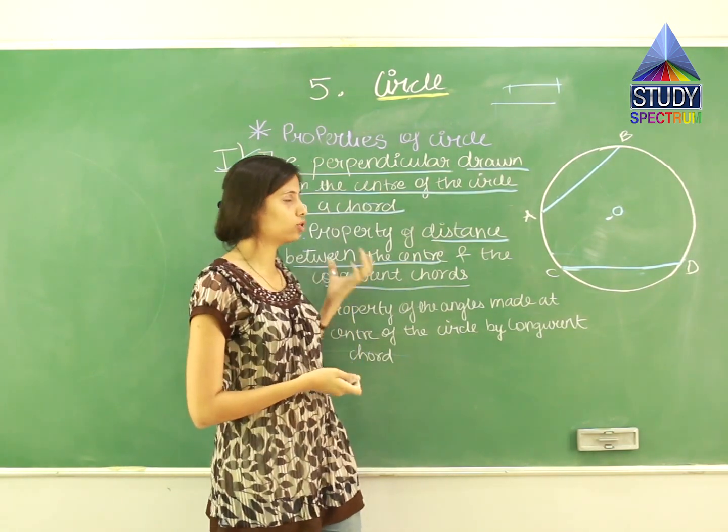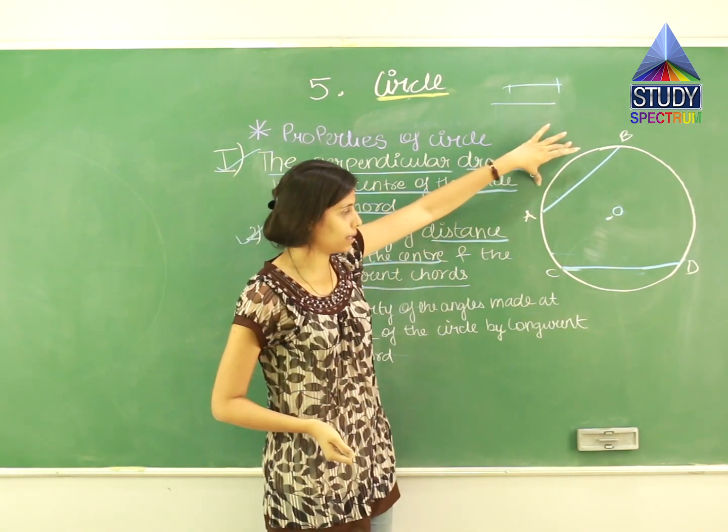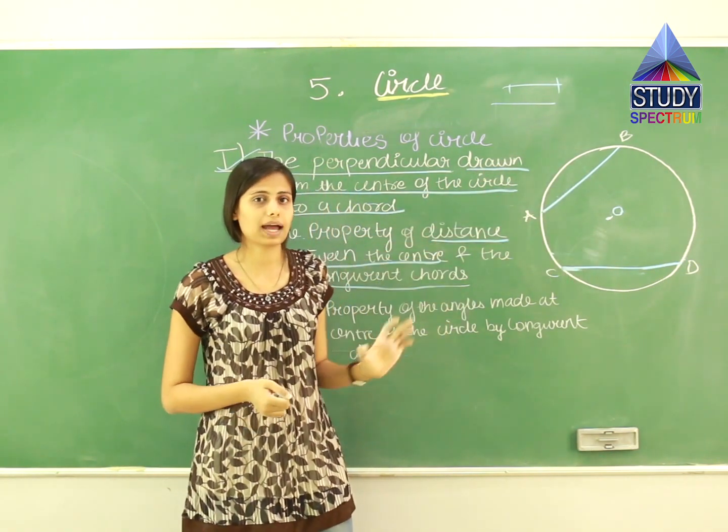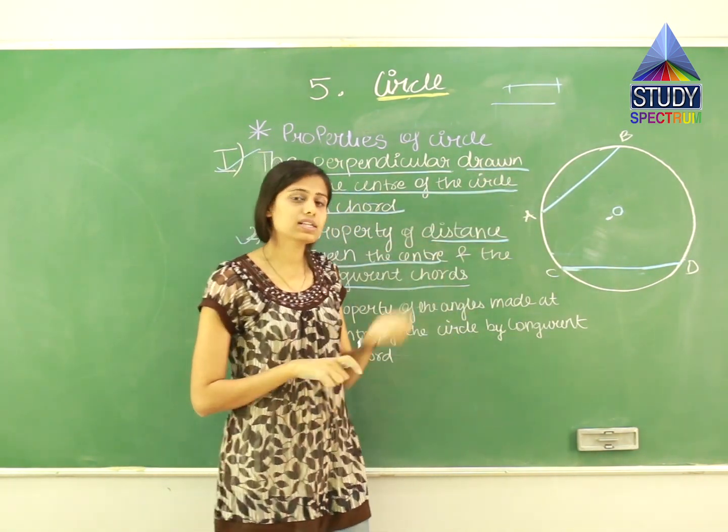यहाँ पे लोग ने दो बोला है, दो chords. तो हमने एक chord बनाया है AB और उसके ही लेंथ का दूसरा chord बनाया which is CD. Now let us see what is the property.